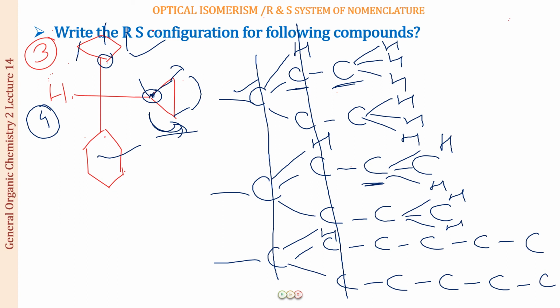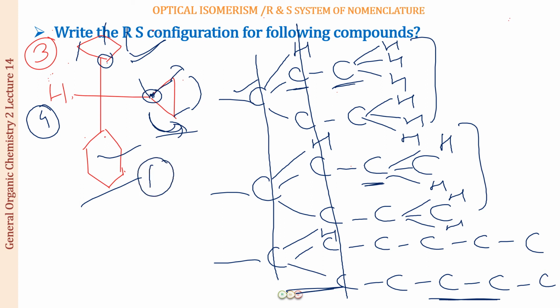Okay. So now you can see that out of these two groups, which one is of a higher priority? This one. Similarly, when you are going to compare it with this one, this will be of a higher priority. Okay, so I hope you can now understand. Keep on looking at one set of atoms, whatever valencies they are not complete, complete that with hydrogen, and keep on comparing one set after the other. So which is going to be the group of highest priority? This is going to be group number 1. This is going to be group number 2, and this is going to be group number 3.